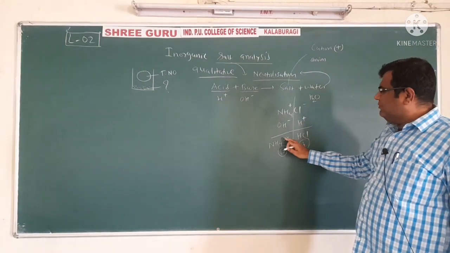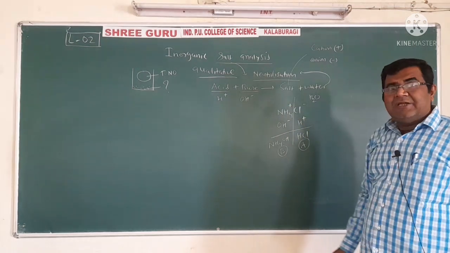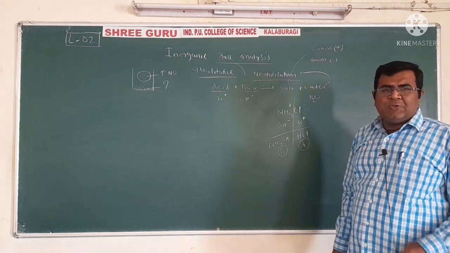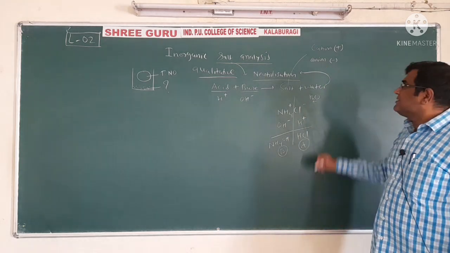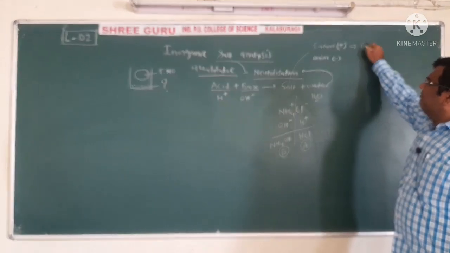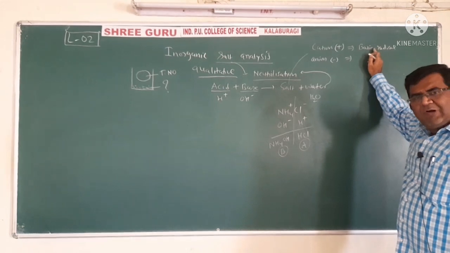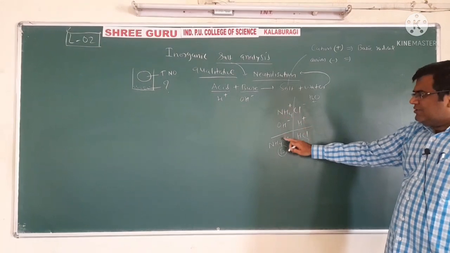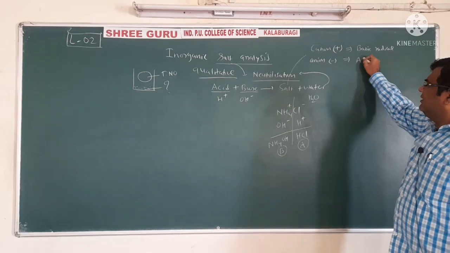Cation is the part which has a positive charge on it. Anion is the part which has a negative charge on it. Why is it called cation? Because it migrates towards the cathode during electrolysis, and the anion migrates towards the anode during electrolysis. The cation is also called the basic radical. Basic radical, the positive ion called the cation, is called basic radical because it comes from the base. Ammonium radical is obtained from ammonium hydroxide. It came from a base, that's why it is called a basic radical.